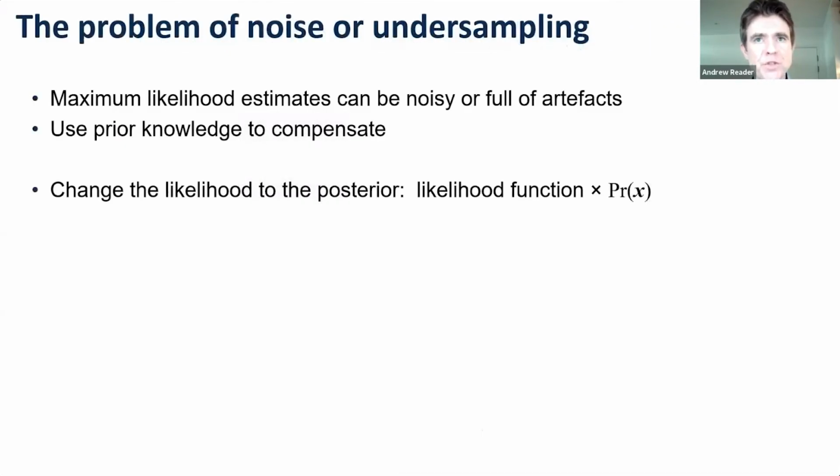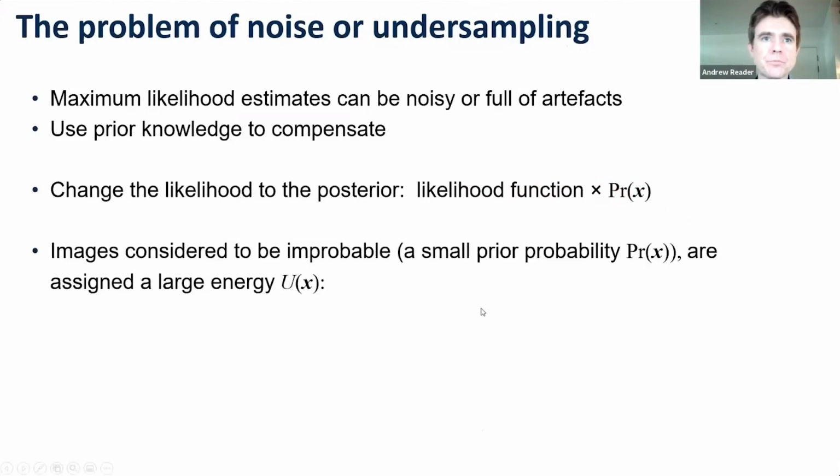So the way to deal with that statistically is to take your likelihood function. Remember, the least squares case was just the Gaussian log likelihood. Poisson case was also built into likelihood. Just multiply your likelihood function by a probability of a particular image X. And we're going to define how probable an image is based on some energy measure U. And so what we're going to do is define it as follows, because remember, we're going to take the log, like we took the log of the likelihood, we're going to take the log of what's called the posterior,